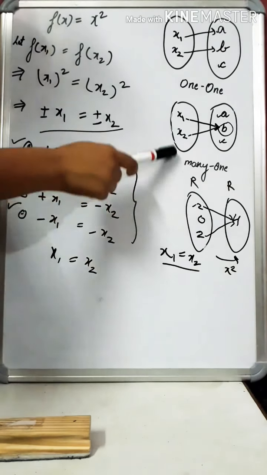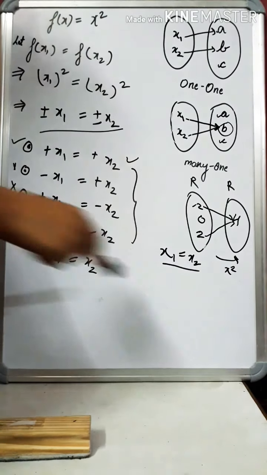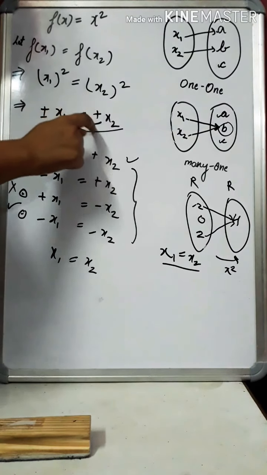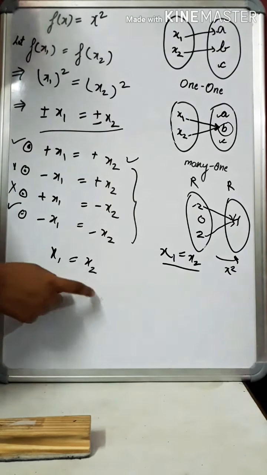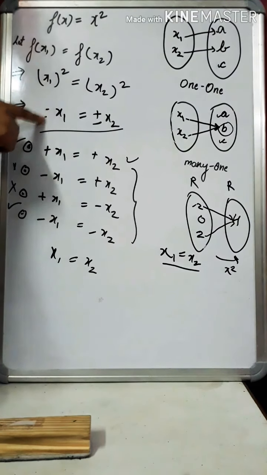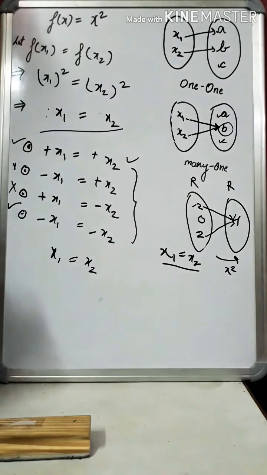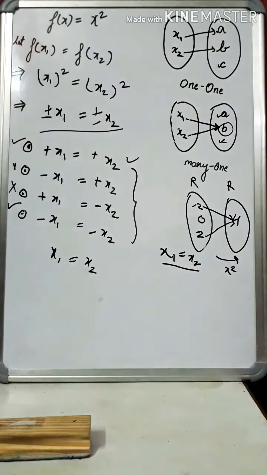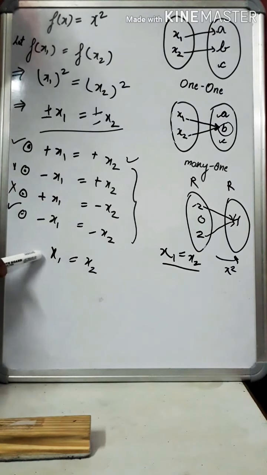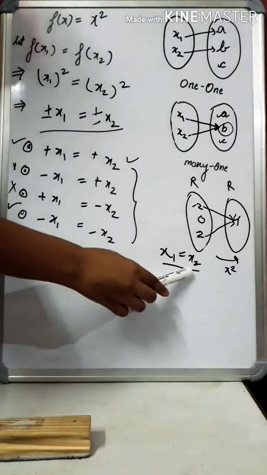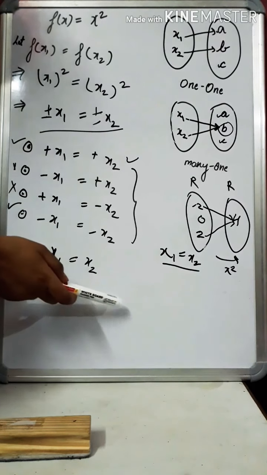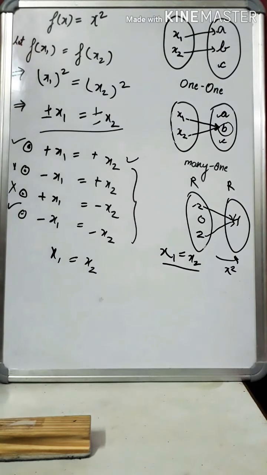Many one you saw from this diagram also, and now you have proved it also. See, what was very crucial here was this sign. If you missed out this sign, you could not have formed this combination, and then you would have simply said, let us remove this sign and say x1 is equal to x2. But when you followed the square root principles properly, you would see that there are 4 combinations, and 2 of them would satisfy this equation, but 2 would not satisfy. And if all of them are not satisfying, then this cannot be a 1 1 function, right? So x square comes out to be a non 1 1 function, means many one function.